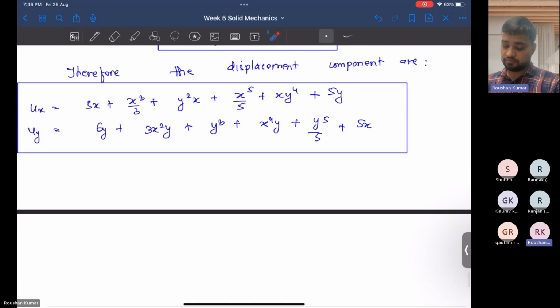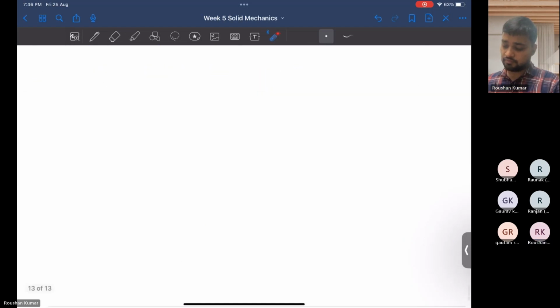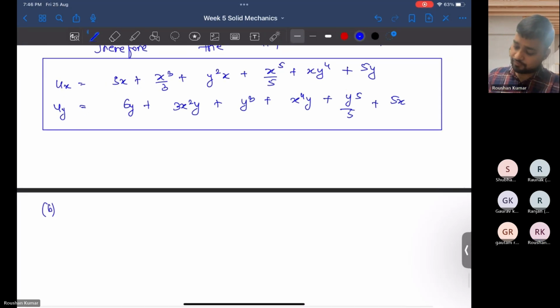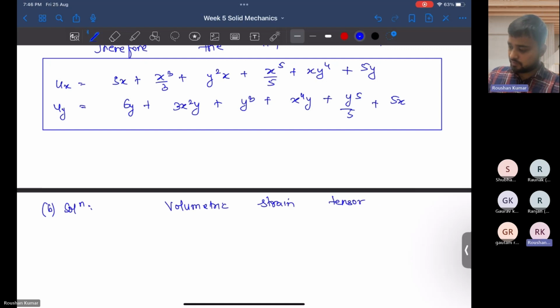So yes, question number B, solution. The volumetric strain tensor is equal to 1 by 3 J1, where J1 is the first invariant of the strain tensor, times the identity. First we have to find J1, which is epsilon xx plus epsilon yy plus epsilon zz, which gives us